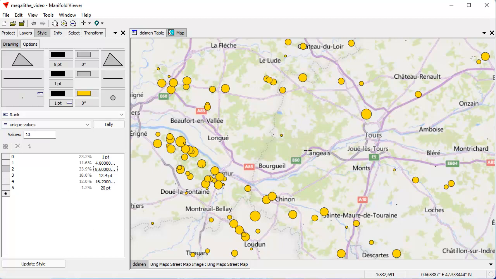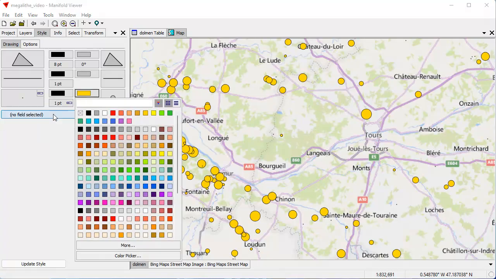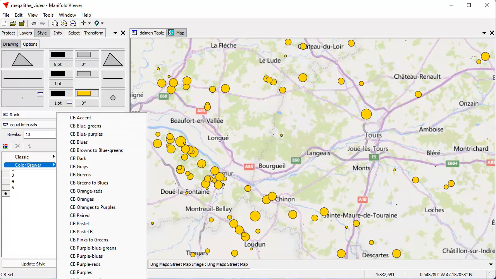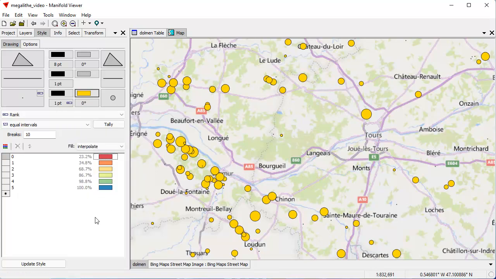And if we want to make them even more visually distinctive, we could also style the fill color by rank, and also equal intervals with 10 using rank. And let's use the Color Brewer palette. Off screen, I'm going to pick the spectral palette. So that's the spectral palette. Click Update Style. And now what we've done is the very big ones, the number 5 dolmens, are all shown